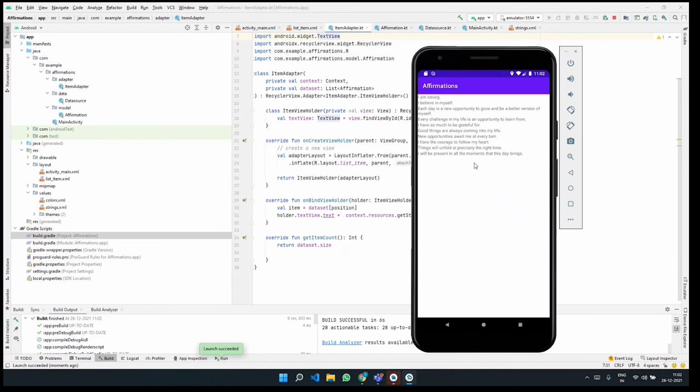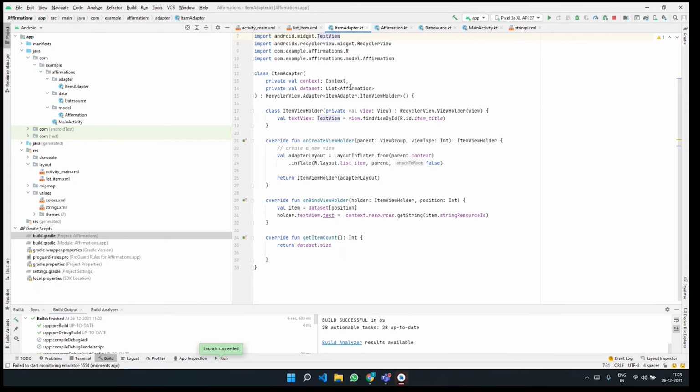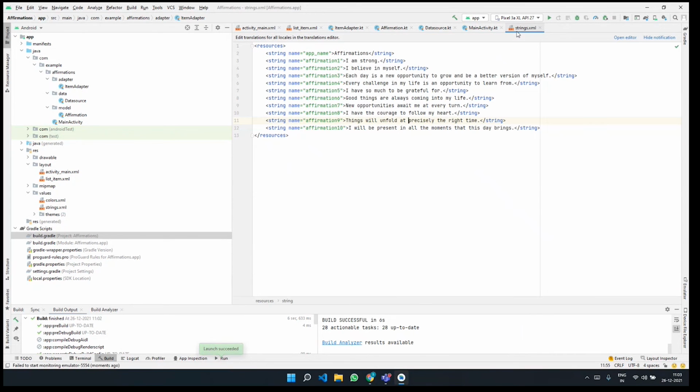You are seeing each and every affirmation, and it is working in unison. The adapter is helping the recycler view take out the elements present in the string.xml affirmations, where we have written each of them.